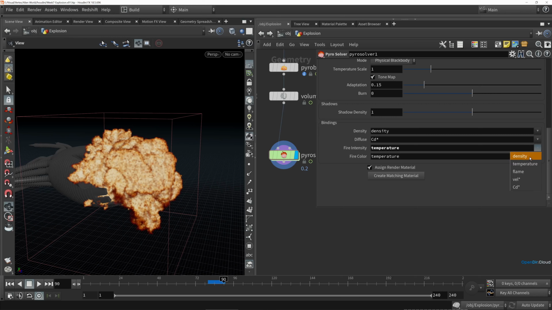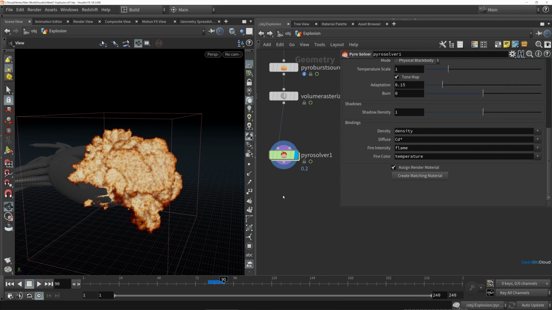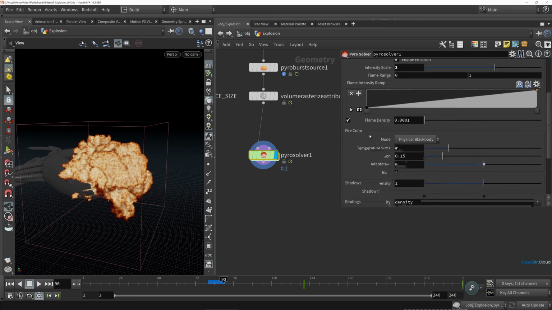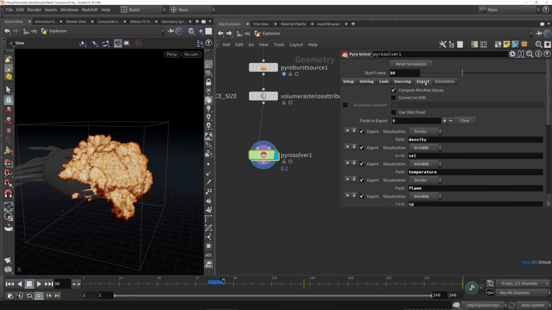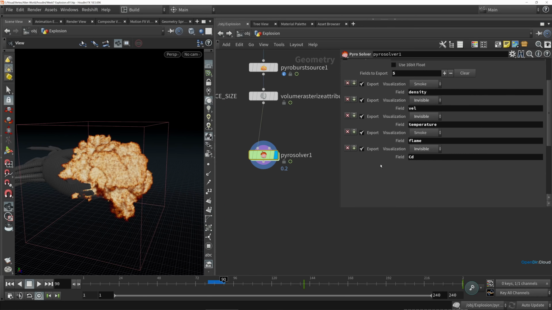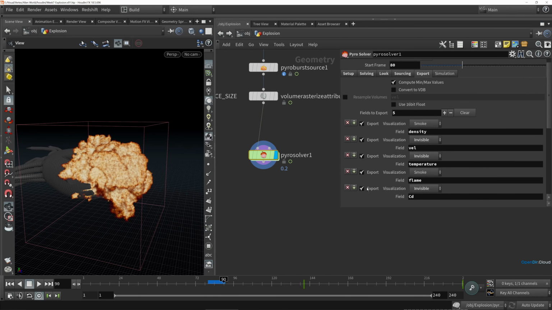If we do leave this on flame, then you can also see some issues associated with this if we start to turn off some of the export volumes. So on this Pyro Solver here, if we go to the Export tab, then we can turn off some of the volumes that we don't need when rendering. So we don't need